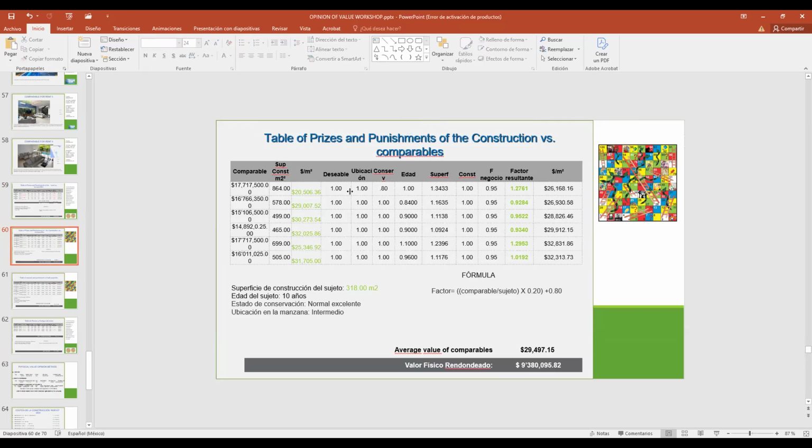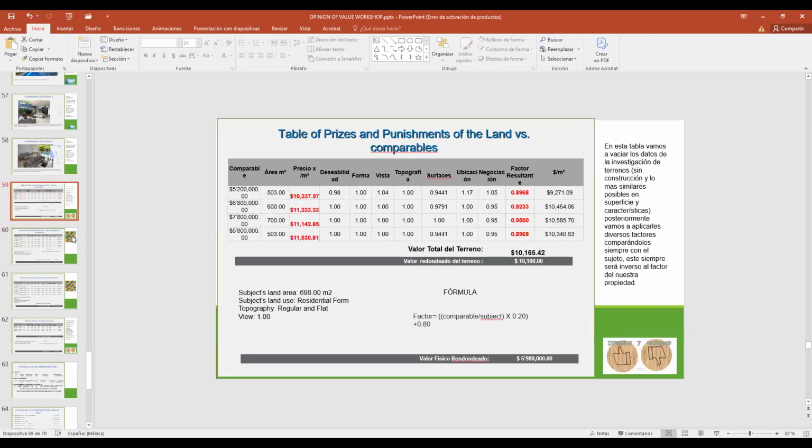So we see that we have the factors, the information we are going to write. We can use this formula, and at the end of the table we're going to have the rounded price, the rounded value.